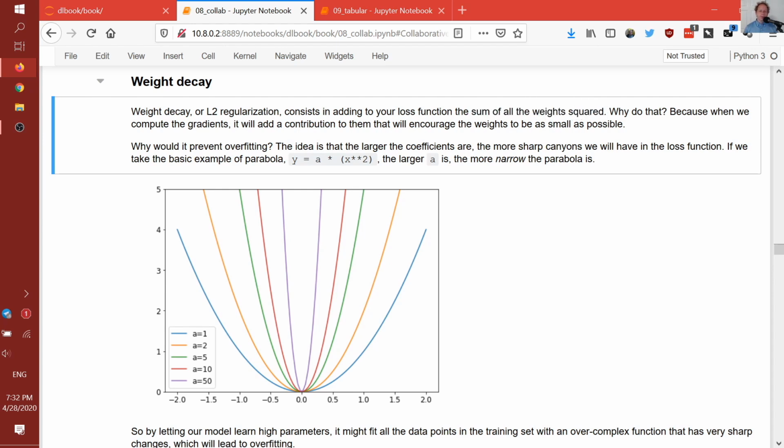Why do we do that? Well, because if that's part of the loss function, then one way to decrease the loss would be to decrease the weights: one particular weight, or all of the weights, or something like that. And so when we decrease the weights,